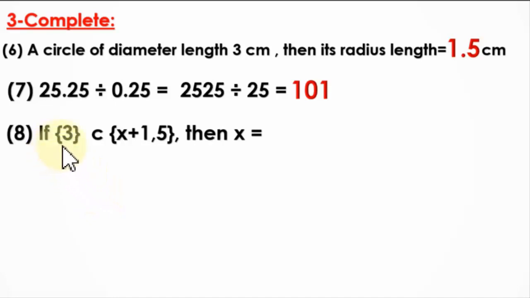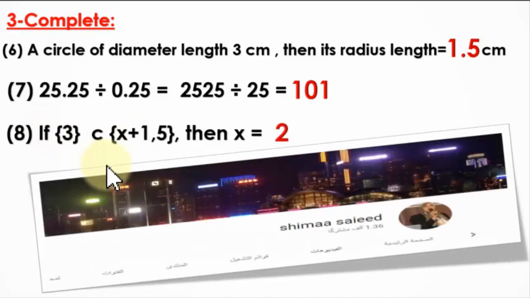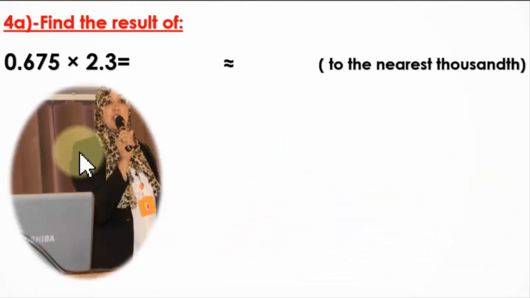If the set of 3 is a subset of the set of x plus 1 and 5, then x equals, which digit plus 1 equals 3? Excellent. 2 plus 1 equals 3. Now find the result. 0.675 times 2.3 equals